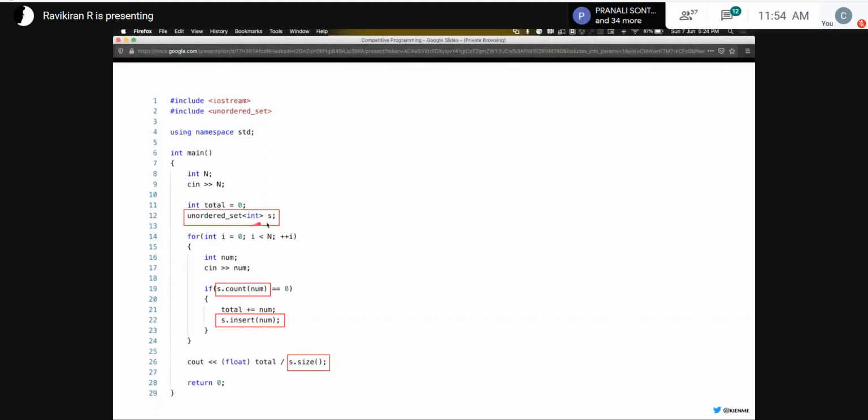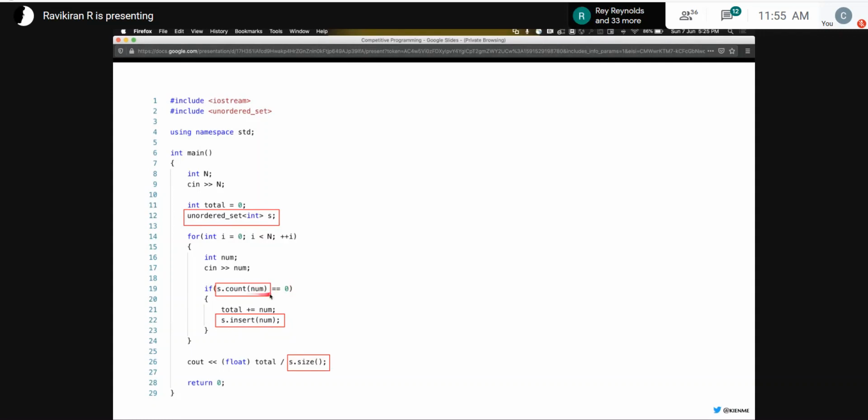In line number 12, you can see again, this is similar to how you declared a vector. You use the keyword unordered set and then what data type is used and name of the variable. So in this case, what we do is we read the value n. For each of those, we input the value number. And what we first do is see if it already exists in our set. So there are a couple of ways. You can also use the find function, but count function returns how many occurrences of the element exist in the set. Because we don't store duplicate elements, it'll always be 0 or 1.